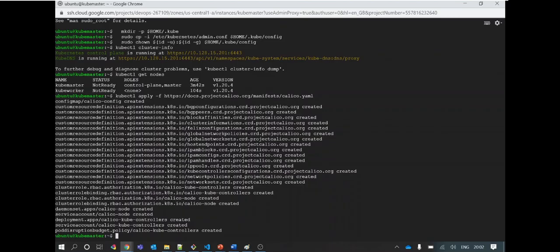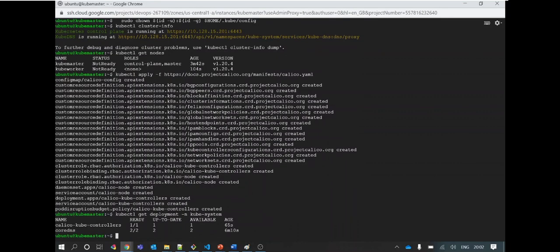So let's see where this deployment got deployed. I do not give any namespace in this YML file, so by default it would deploy in default. But here in this YML file, it already has a namespace named kube-system. So you can check this deployment in the namespace. Namespace we give using hyphen n and then the namespace name. So in the kube-system namespace, you can see the Calico kube controller has been deployed 65 seconds ago.